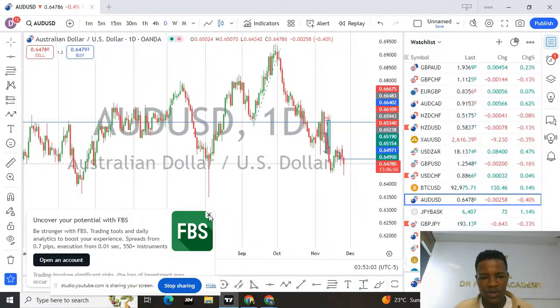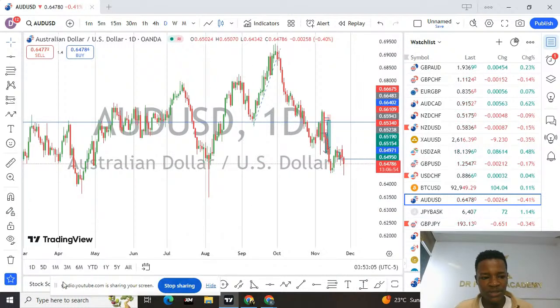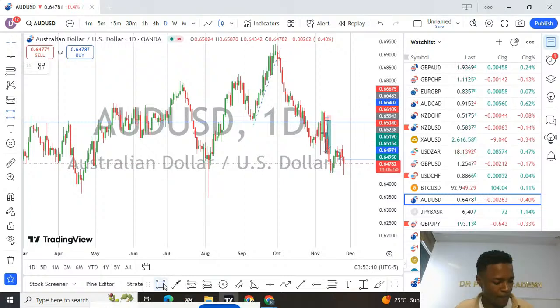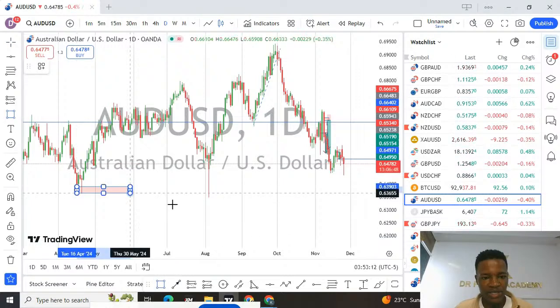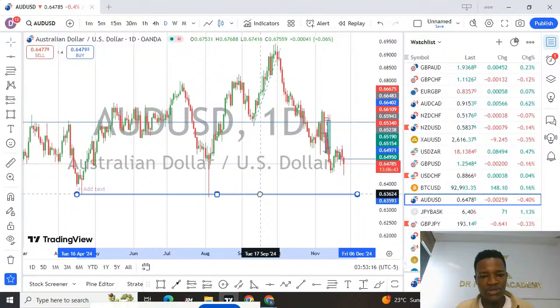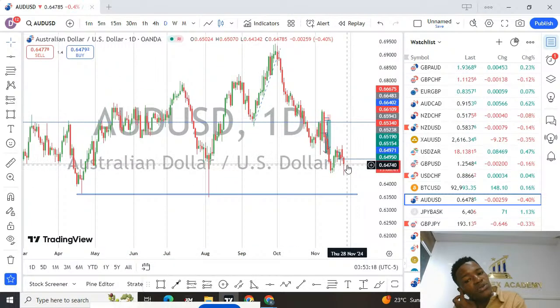There's this level. One thing I have to tell you guys: this market has to come back again to these areas. You can see this week, the market has to come back and fill this, it will still come back again. So I'm still bearish on these pairs all the way down.